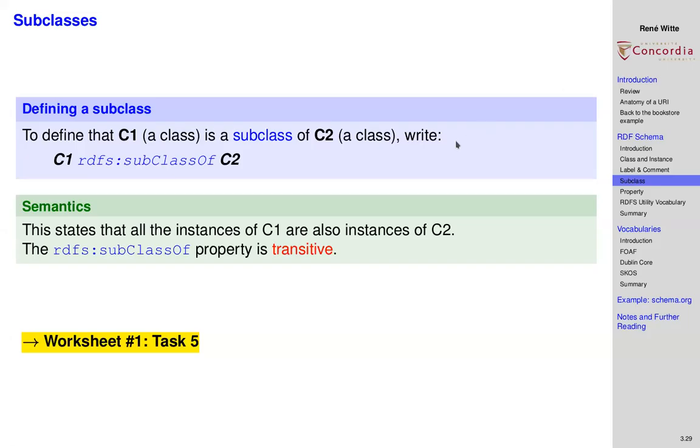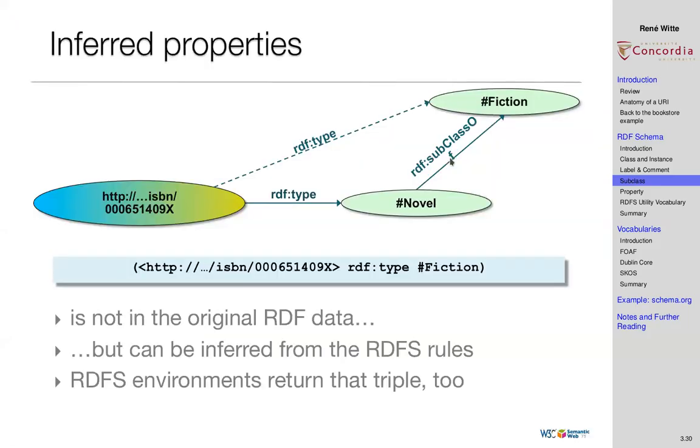All done. So now you know how to define classes, subclasses, and instances. Going back to the example from the bookstore, we have our type here, fiction. We have a subtype, novel, and we define that the book we looked at is of type novel. So now there is one more interesting thing that you can do when you have a knowledge graph defined like